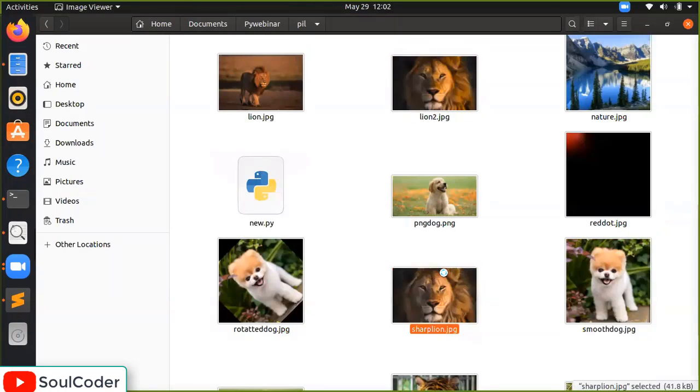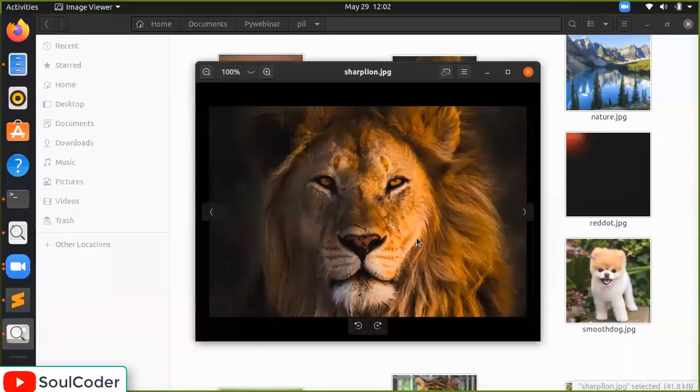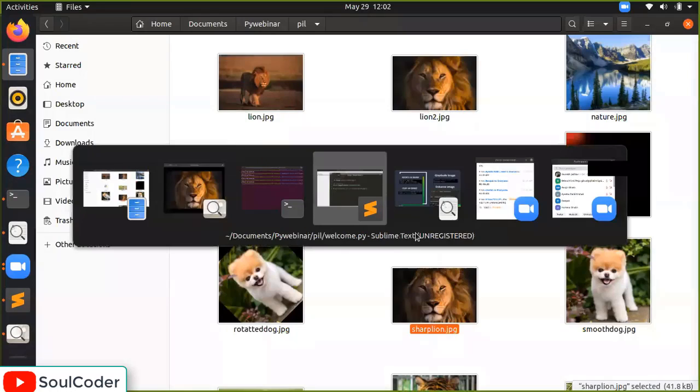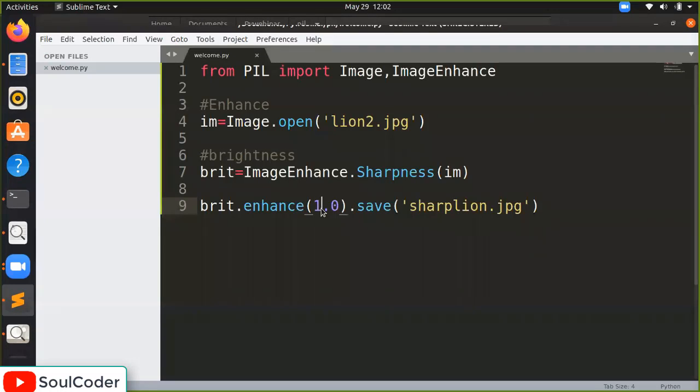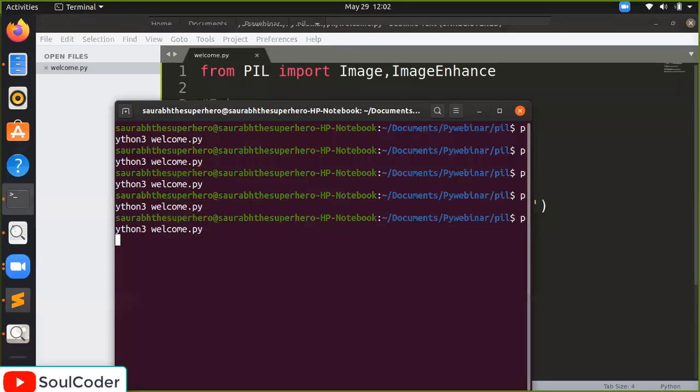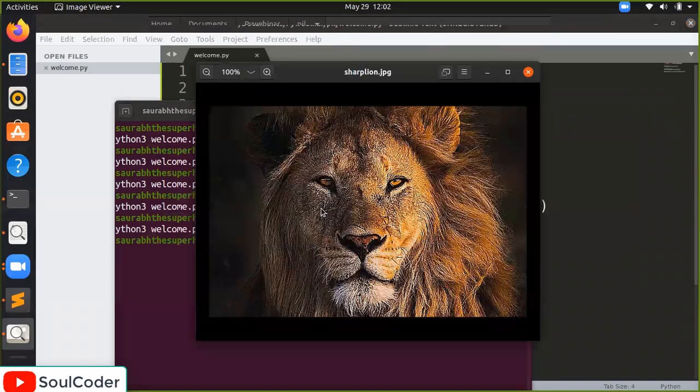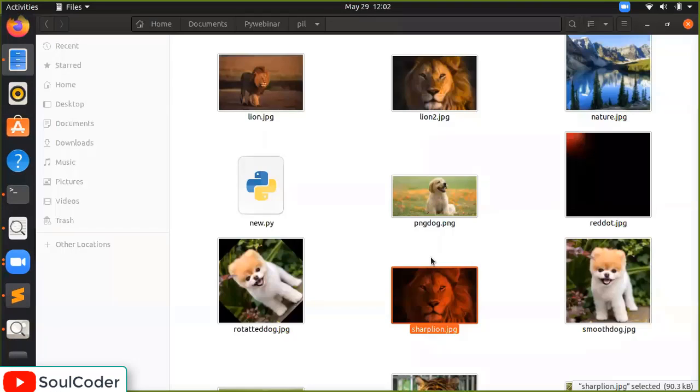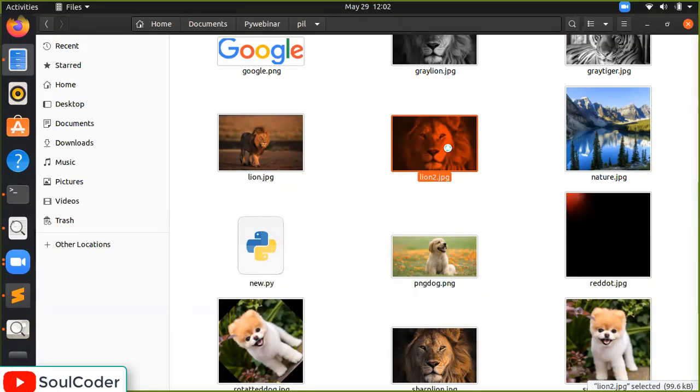Yeah, here it is. Can you see the sharpness increased? I hope so. Okay, I will increase the parameter to 10. I'm trying to save with 10. Okay, I hope now you are noticing it. See the sharpness. And what was the original? The line.